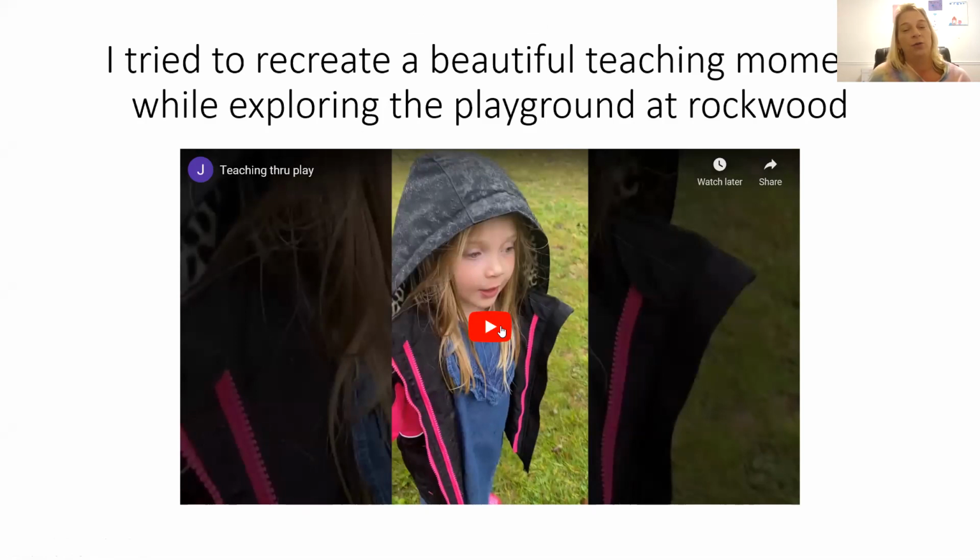There was a little girl that was really having a hard time, probably half because I was in the room and she was doing what she was doing. She was struggling. So her and I, and about three more girls, were going to walk around the playground and discover stuff. So we came upon,